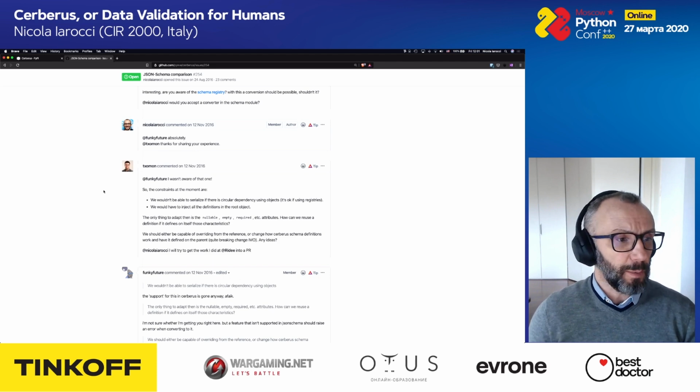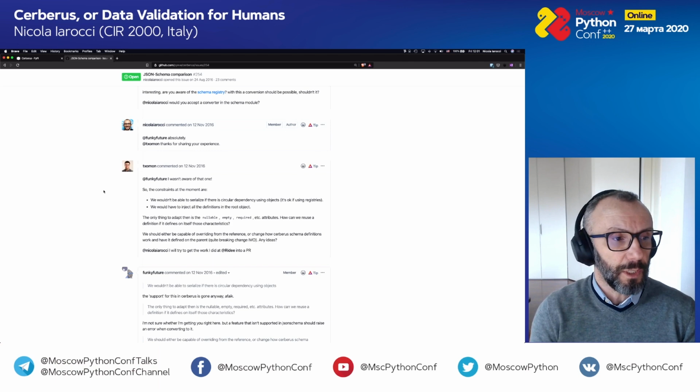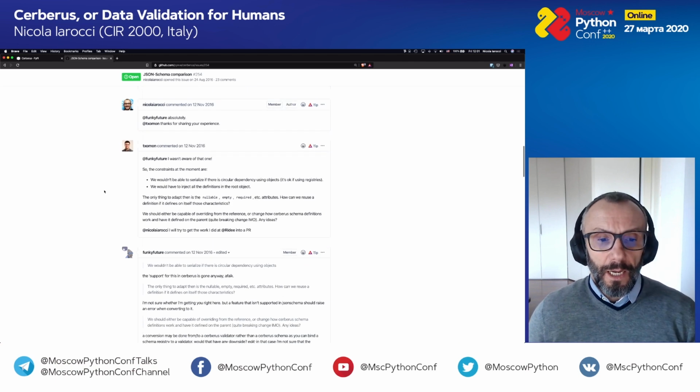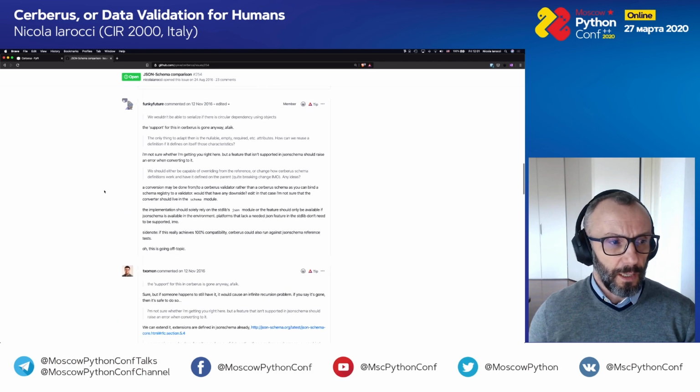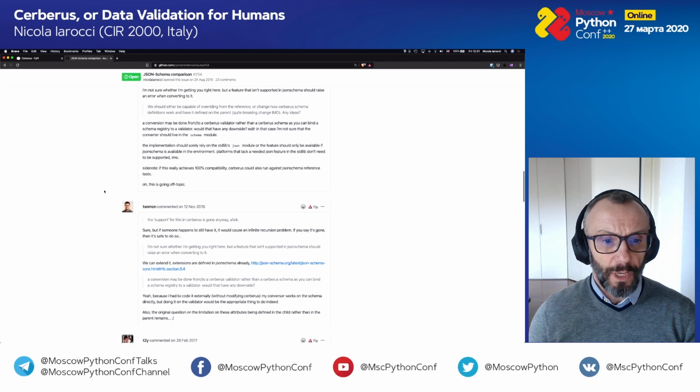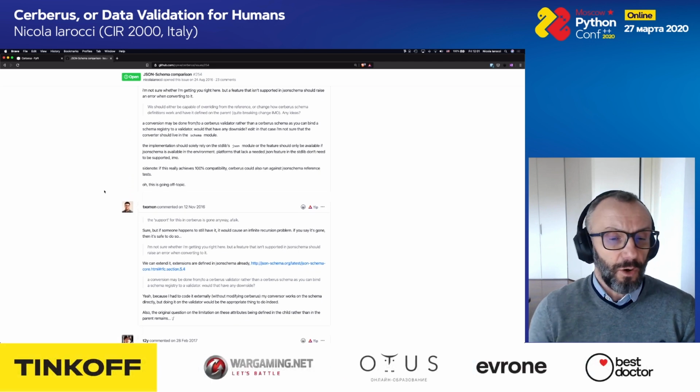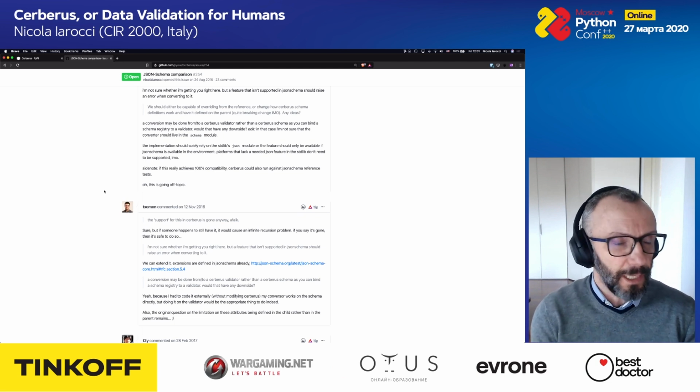Also, someone has been working on making Cerberus validation compatible with OpenAPI. I think there is a project on GitHub, I'm not sure where, which does precisely that. So just go and check out the ticket, and you will find all the answers you need, and probably more than that.